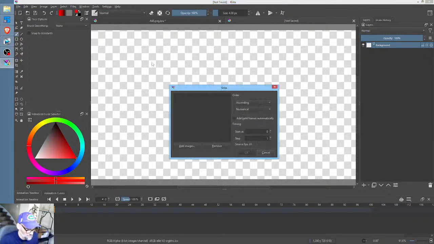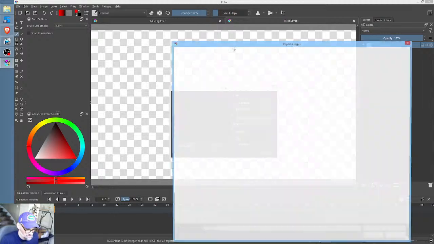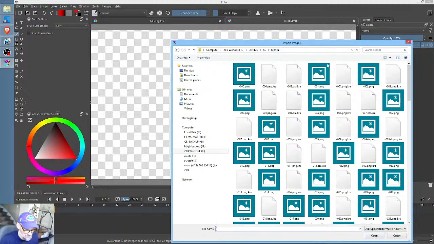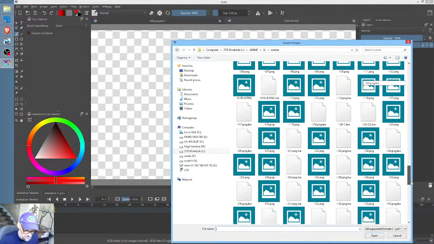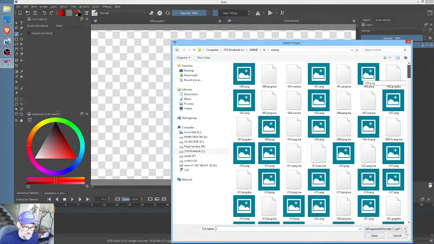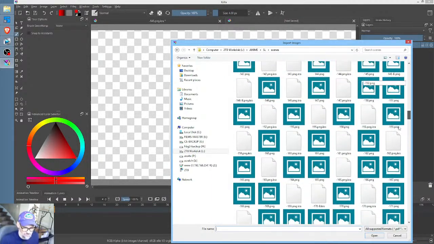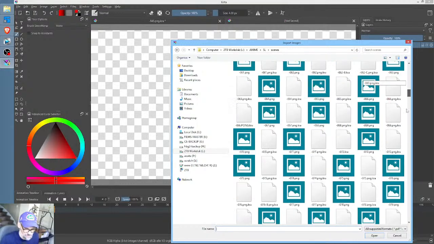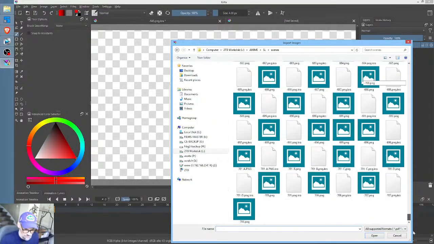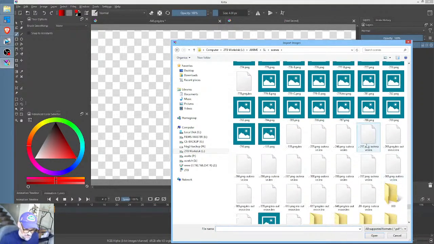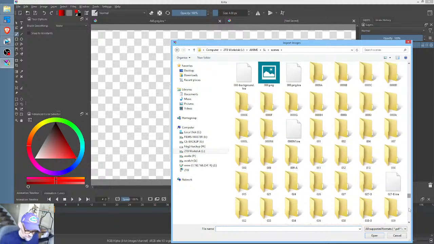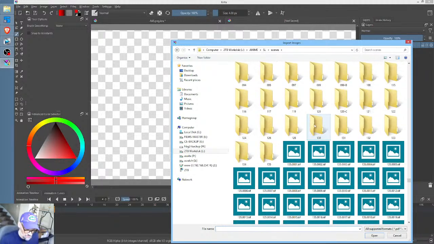Just go import animation frames, and then we're just going to go to 648, scenes. So in other words, if you're going to do the camera move thing, clearly it is going to be more stable and simple to do it in Tahoma. There is no debating that. But if you're going to do it, let's go to